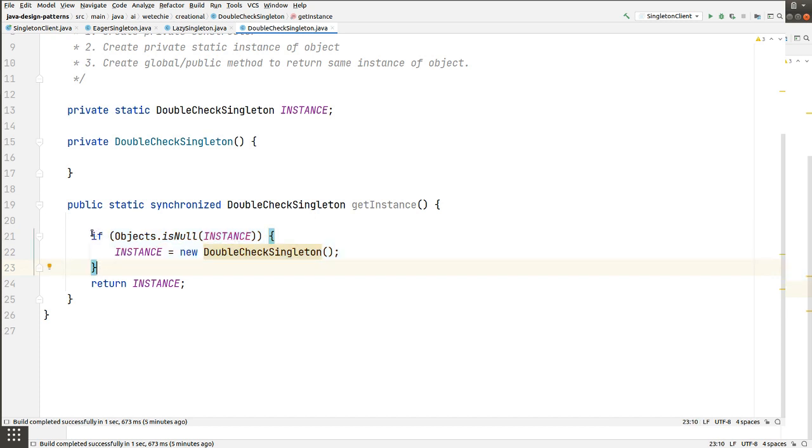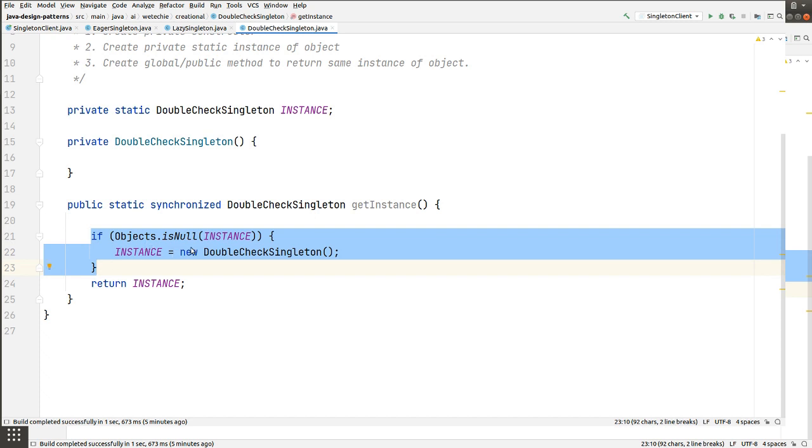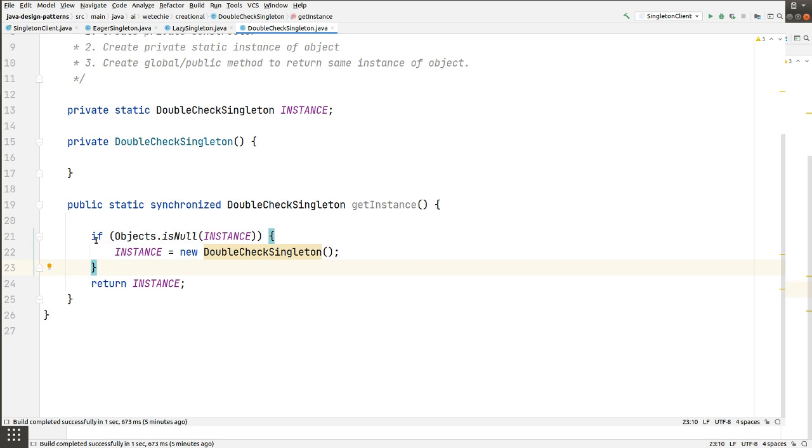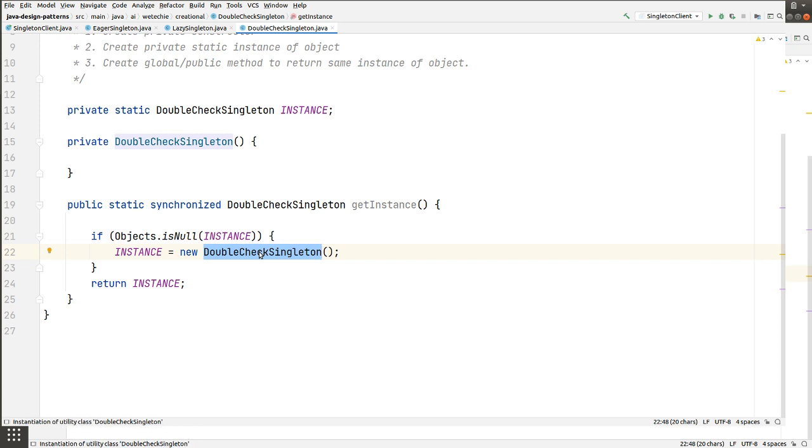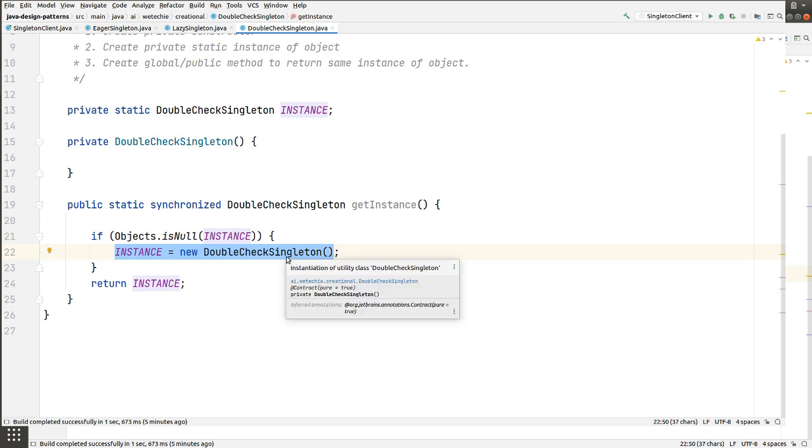But you need to mark only this piece of code as synchronized, and the remaining code can be non-synchronized. Our requirement is that only one thread should be able to create the instance of this double check singleton class, right?